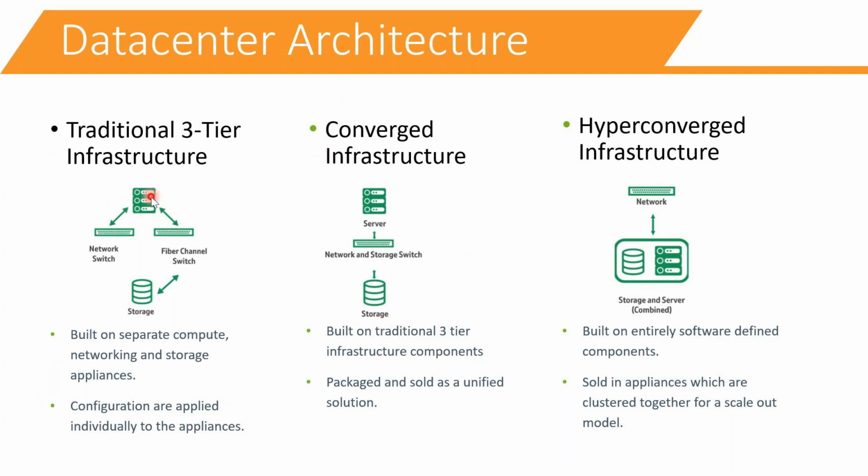What is the problem? Three components, three vendors. I have to work with three different vendors for any issue, and looking at the compatibility, it takes longer to set up any solution. So converged infrastructure addresses that problem. But what problem do I have here? That's the second question. If you have any problem, then to address it there would be a new technology, right? Obviously. That's where hyperconverged infrastructure comes in.